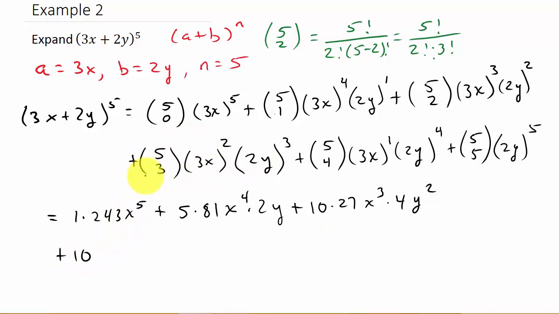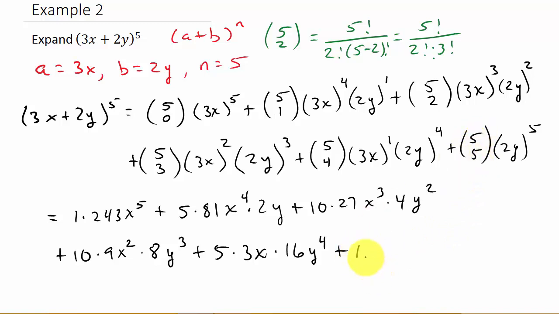I'm doing this one now. Combination 5 choose 3 is 10. And then 3x squared, well, that's times 9x squared. 2y cubed, well, that's times 8y cubed. Plus, and then I've got 5 choose 4, which is 5, and then 3x to the first, so that's just times 3x, and then times 2y to the fourth. Well, 2 to the fourth is 16, and then that's y to the fourth, plus, and then